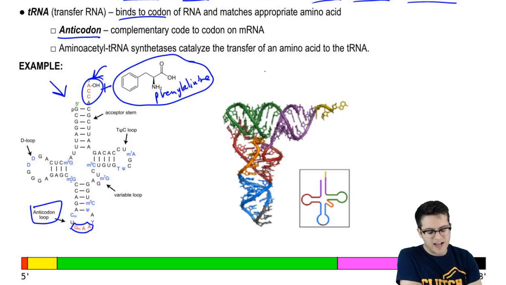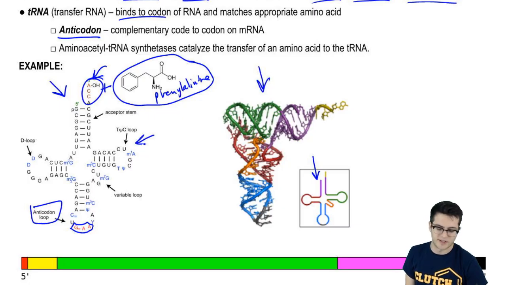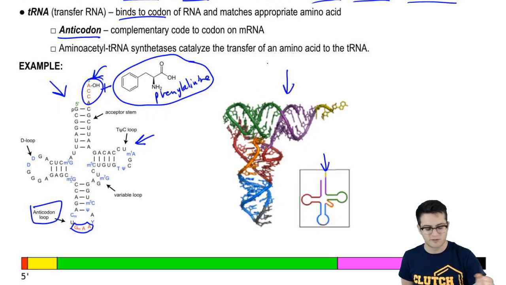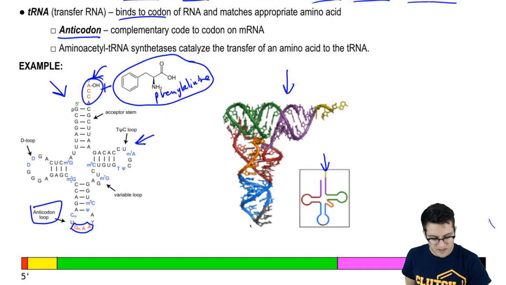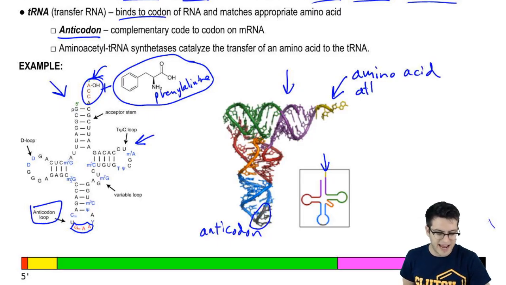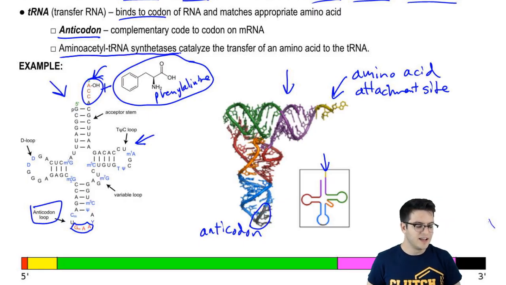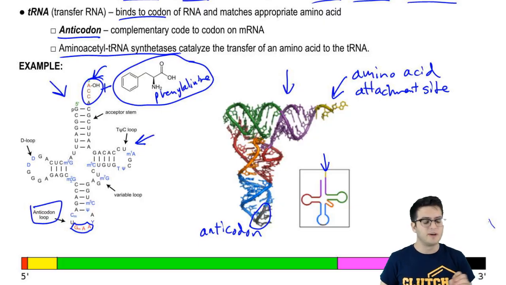Now, tRNA actually has secondary structure that we see right here. So, color-coded are the different sections of the tRNA structure. Like you can see here, this models the shape we see over here. It just doesn't have the actual base sequence written in. But these colors will help you visualize how this shape turns into this shape, how it twists around, and where the different components come from. So here, this portion right here, that is our anticodon. And here, that's the amino acid attachment site. And this enzyme, aminoacyl tRNA synthetase, that's the enzyme that catalyzes the transfer of an amino acid to the